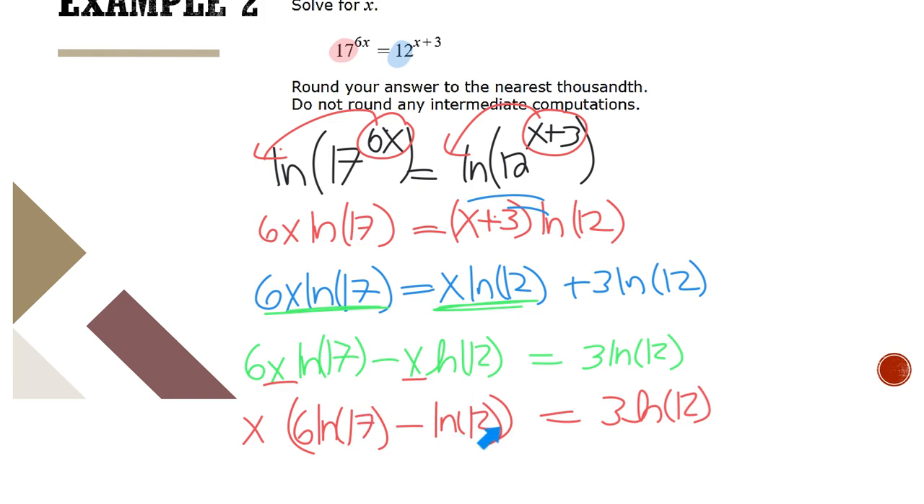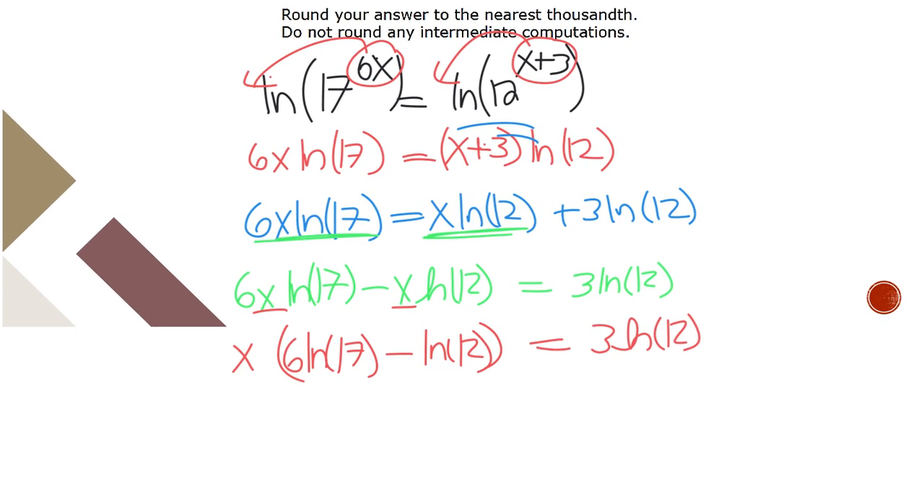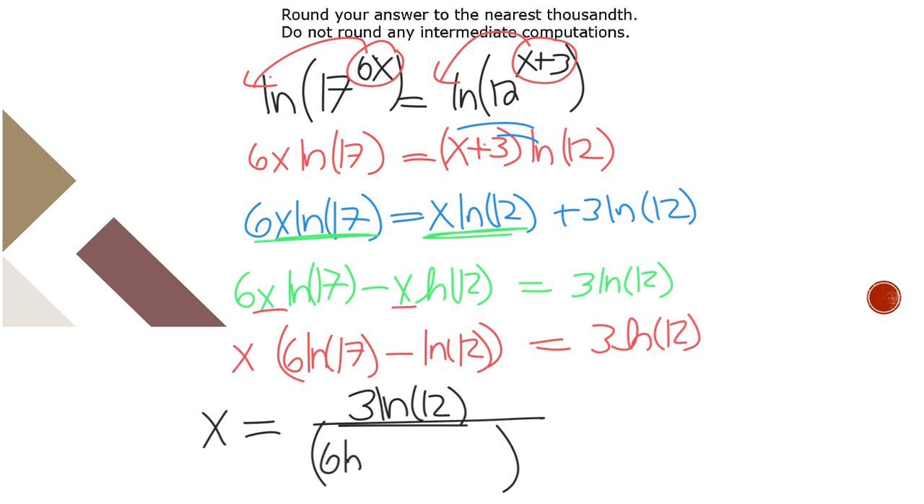Therefore, what is left is just this, and we can divide that whole side by that to get our final x value. So all we have to do is divide both sides by that weird number. So we have 3 natural log of 12 over this whole quantity of 6 natural log of 17 minus that natural log of 12. And that is what we type into our graphing calculator or random calculator. And that should give us an approximate answer of